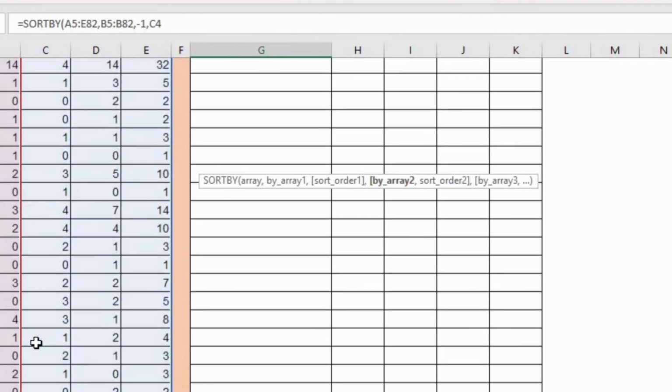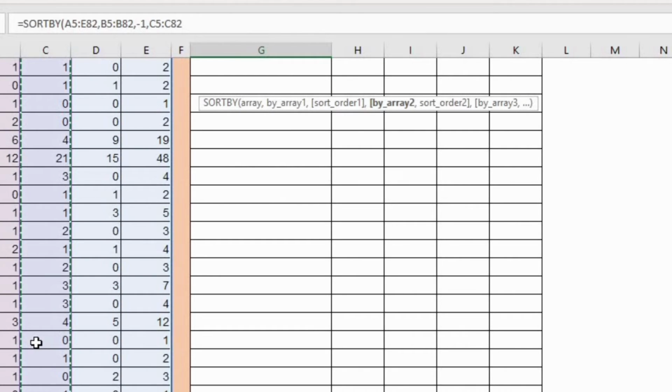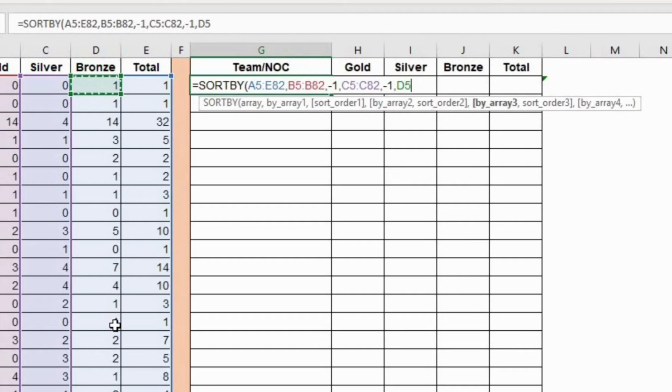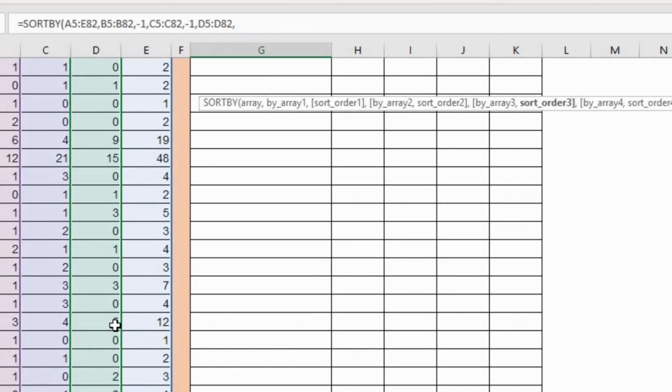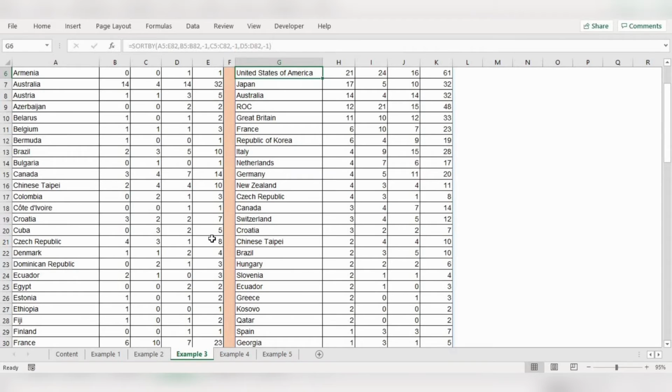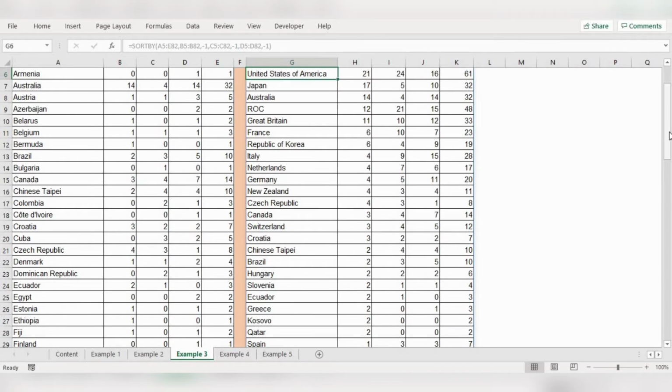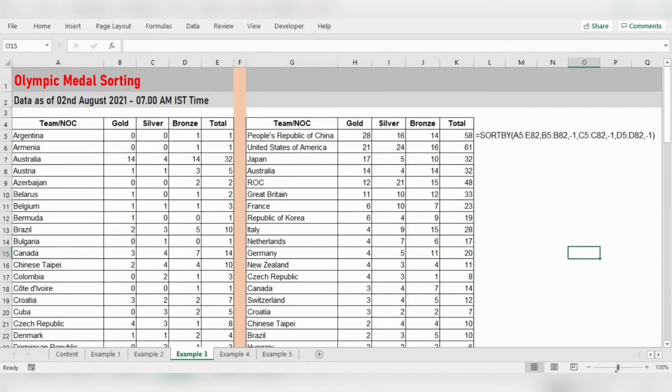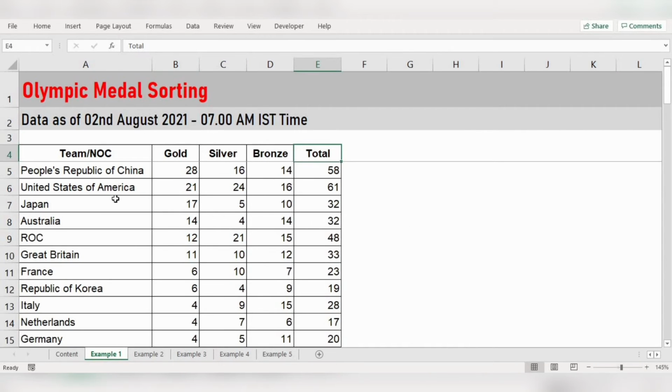Then second we are going to sort silver, highest to lowest. Then third we are going to select bronze, highest to lowest. Then enter. Now you can see the result here, same as the custom sorting result.